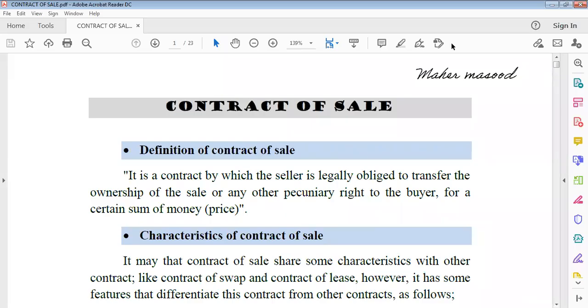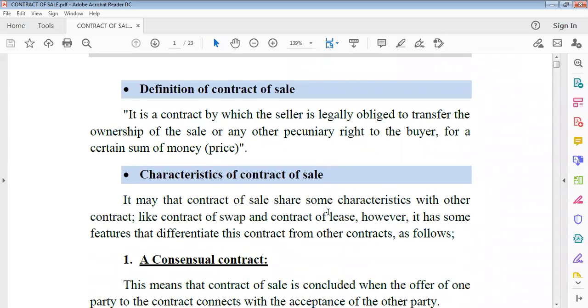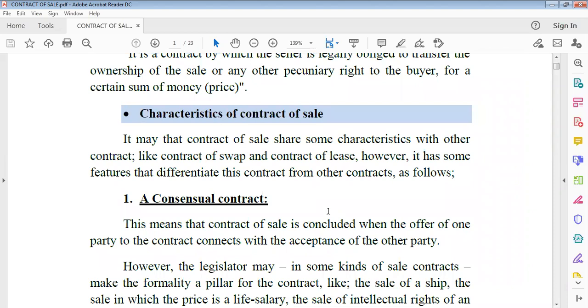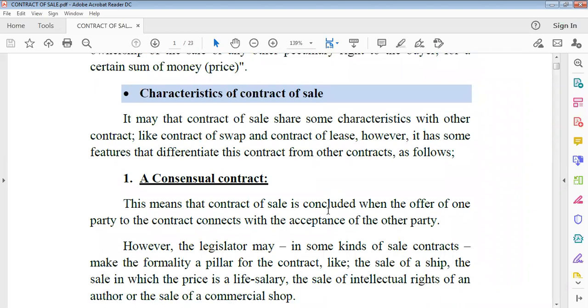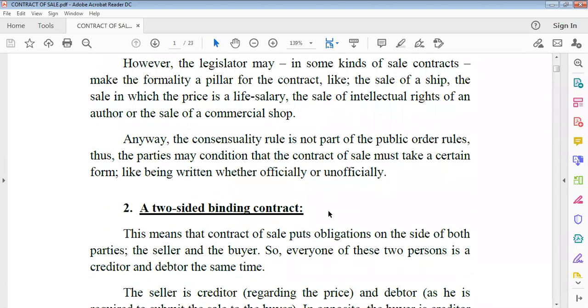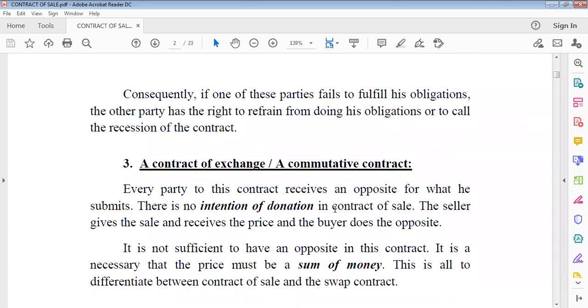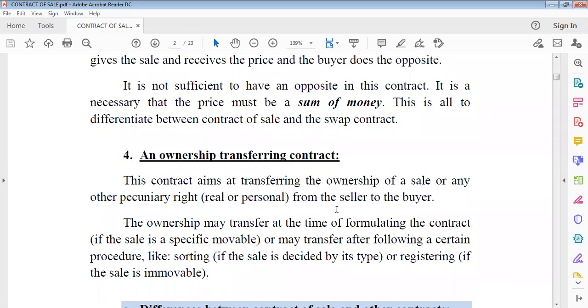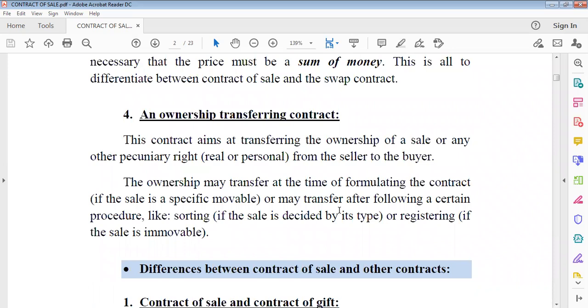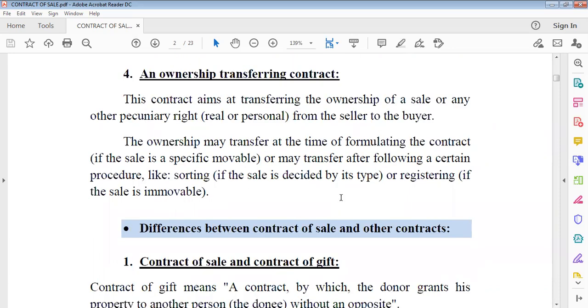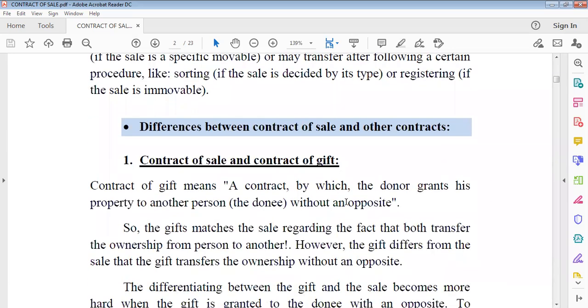Dear students, in the previous lecture, we were talking about the characteristics of the contract of sale, and we have illustrated that the contract of sale is a consensual contract, a two-sided binding contract, a contract of exchange or a commutative contract, and an owner transferring contract. I think we reached this last characteristic, and now we will start with the differences between the contract of sale